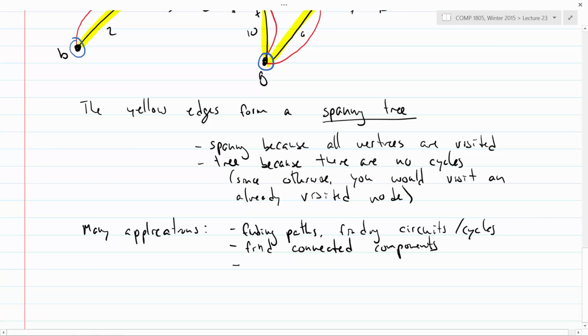With a bit more work, you can use this to find cut vertices. If you're careful about how you do this, you'll be able to use depth first search to find cut vertices, and that comes in handy if, let's say, you were planning a network and your network has a cut vertex. Maybe that's not great, because if that computer goes down, then your network becomes disconnected. That's probably not good; you'd want a bit more redundancy. Yeah? Is that related to the first application of finding circuits and cycles? Yeah, it's a similar kind of idea, but in a different sort of application.